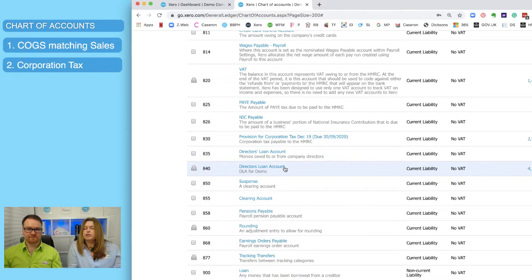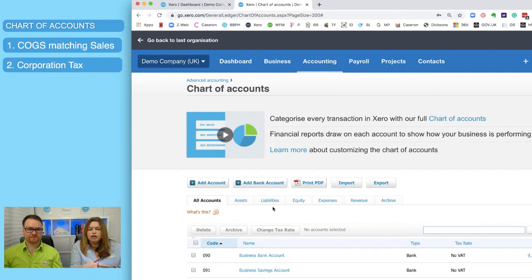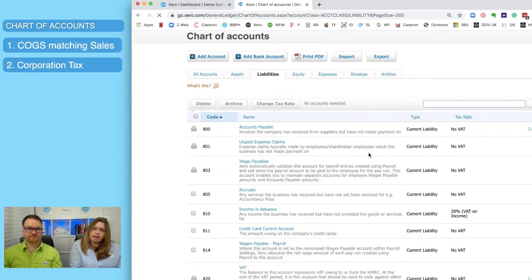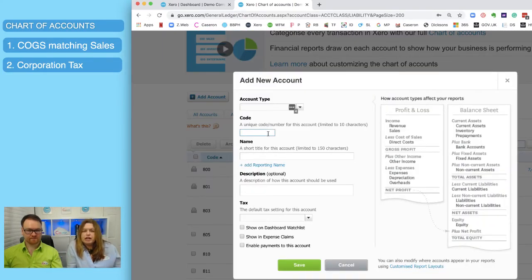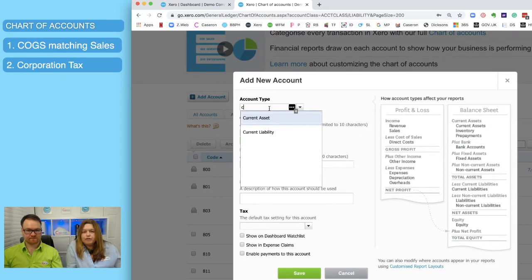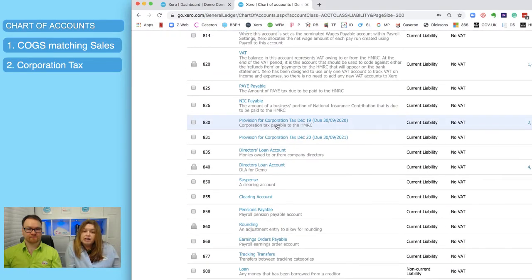And then we're going to create another one. So say because this is corporation tax for the end of December 19, we will have already calculated that tax liability for the end of last tax year, so that the customer can see what tax is payable. Now, then we're going to create a second account, and this is going to be for the corporation tax for December 2020, which is due in September 21. Although we're only in the current year, what we should be doing as we progress through the year is accruing that